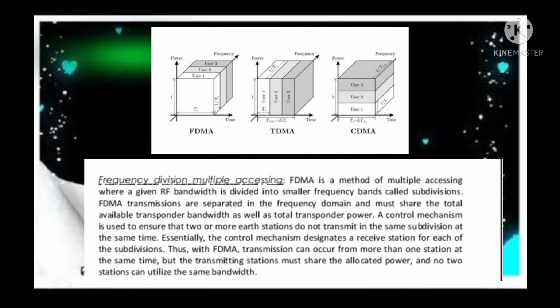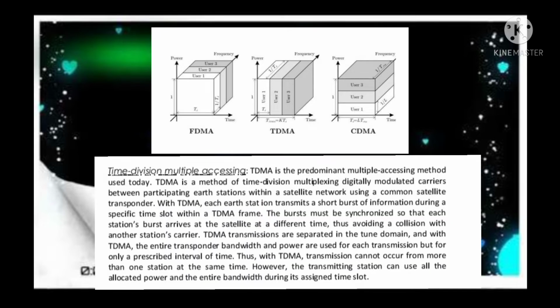FDMA transmissions are separated in the frequency domain and must share the total available transponder bandwidth as well as total transponder power. Time division multiple accessing is the predominant multiple accessing method used today. TDMA is a method of time division multiplexing digitally modulated carriers between participating earth stations within a satellite network using a common satellite transponder. With TDMA, each earth station transmits a short burst of information during a specific time slot